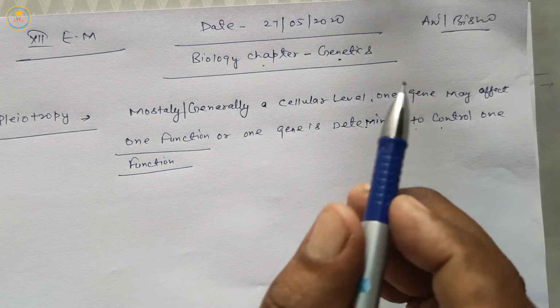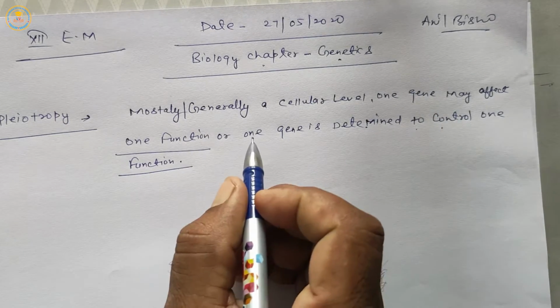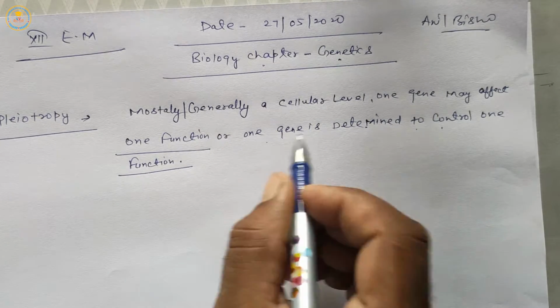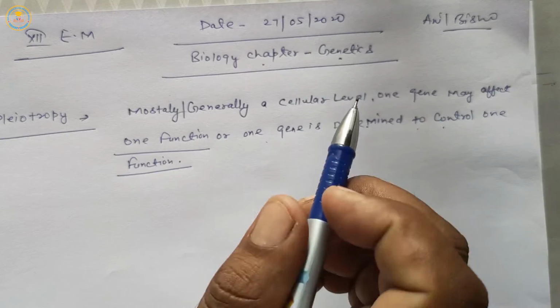Once again, mostly or generally one gene is determined to control one function,